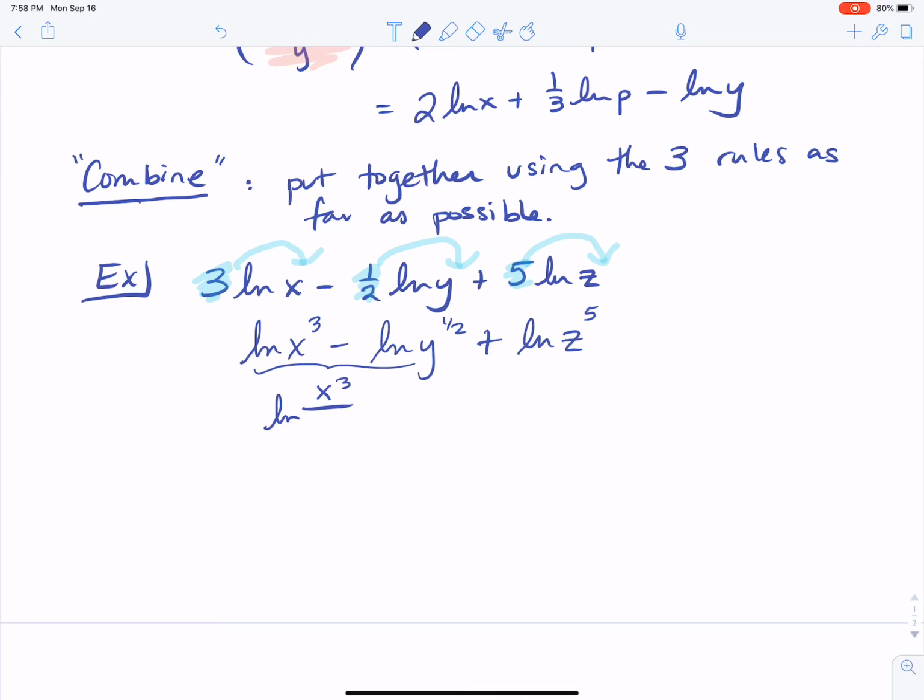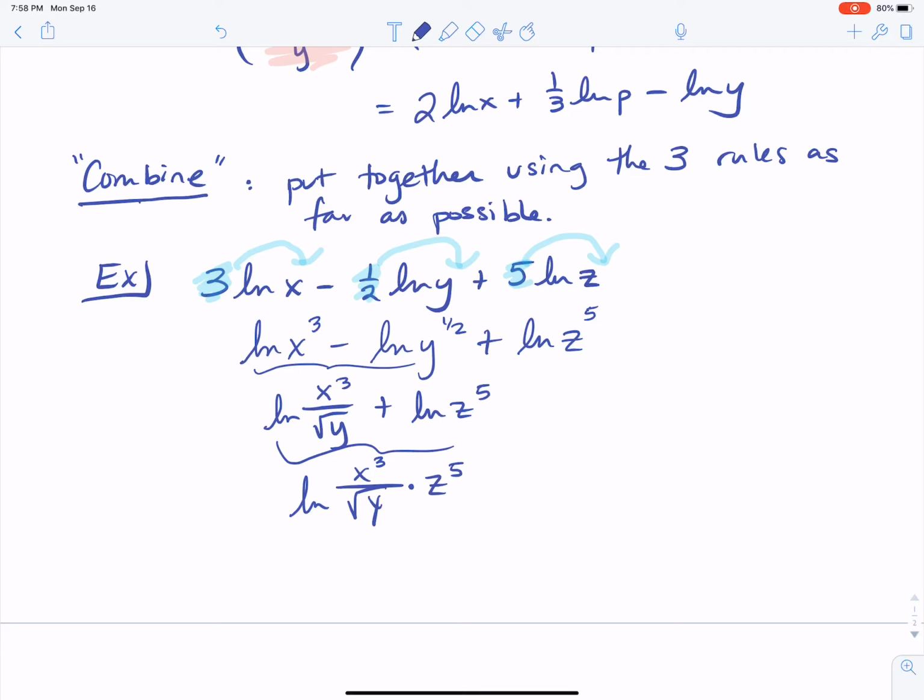So remember that is a square root. So if you want to, you can write it as square root y, or you can leave it as y to the 1/2. It really does not matter. But then you have plus ln of z to the 5th. So now when you put these 2 together, with the plus, that means you multiply. So if we are doing ln of x cubed over square root y, and then times z to the 5th,